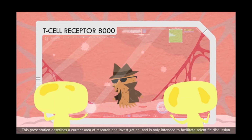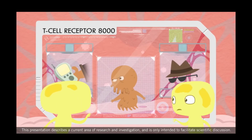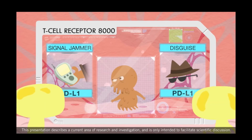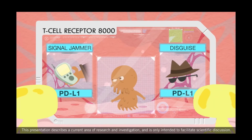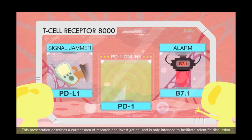We've learned that one of the ways that cancer cells get past the security system is with the help of a molecule called PD-L1 that is found on the surface of cancer cells. PD-L1 is almost like a disguise that allows cancer cells to remain undetected. PD-L1 basically hacks the T-cell scanning system by jamming the signal to parts of the T-cell system called PD-1 and